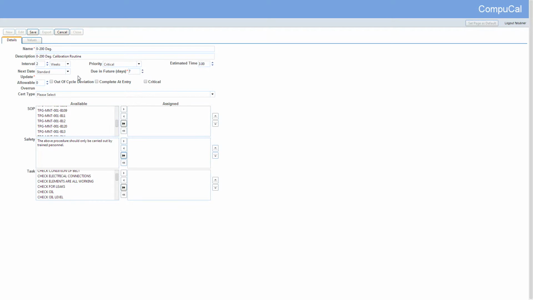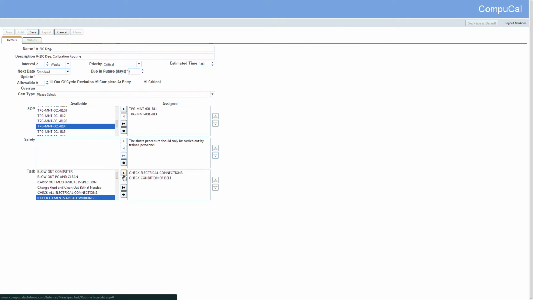We can also set up the routine so that it is complete when the technician is finished entering calibration results. We can do this by clicking the completed entry checkbox. If this is not selected, then the work order for that routine will need to be verified by a different user in order to complete it. If we want to create automated deviations, we can do this by selecting the critical checkbox. This will result in an automated email being sent out to the email address listed for the company the routine is associated to. We can then associate SOPs, different safety permits that might be needed, and the tasks that we can predefine with regards to maintenance or inspection.